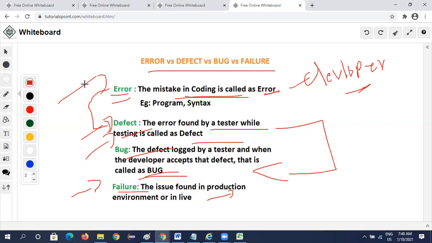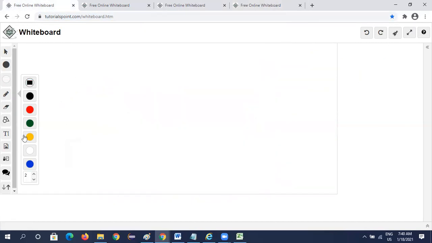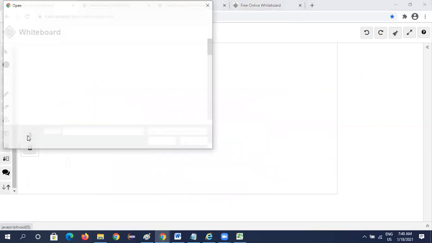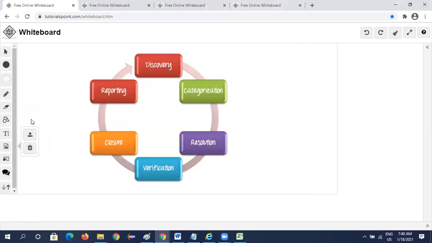Now how should this be? See, we find a defect, we categorize it, we report to the developer. They do the work and they reassign it to us. We do testing and again we do it. So for this there is a complete defect management process.